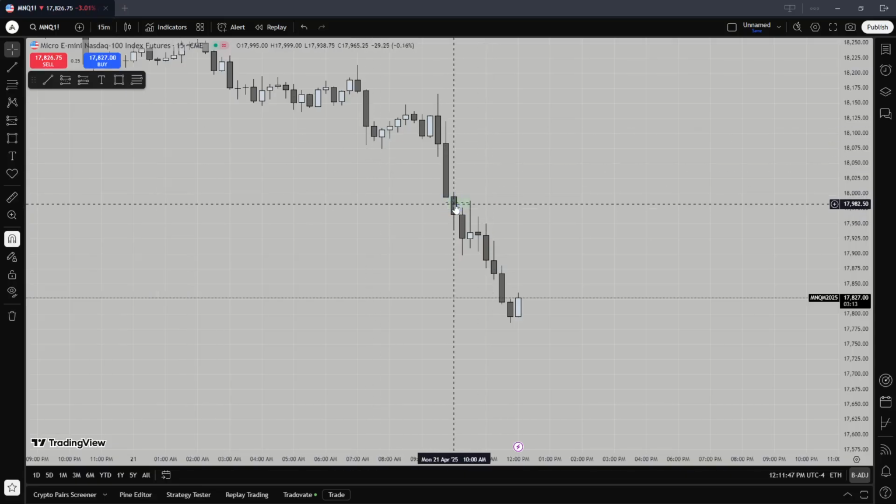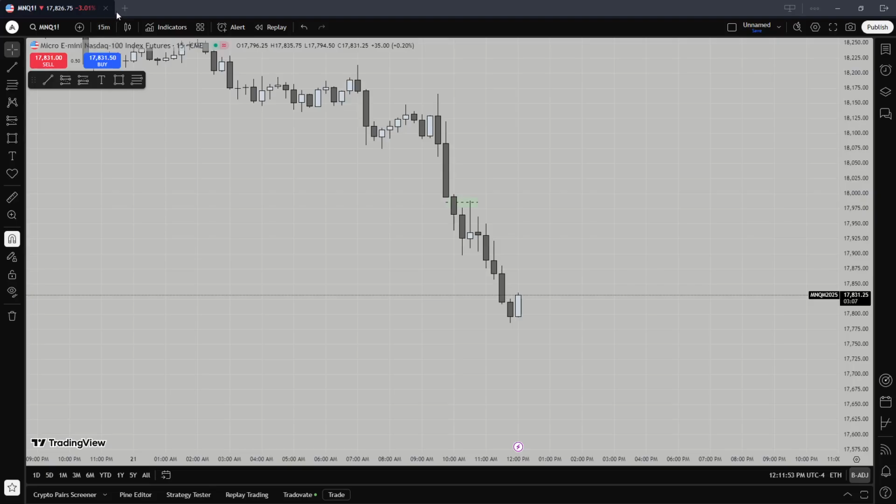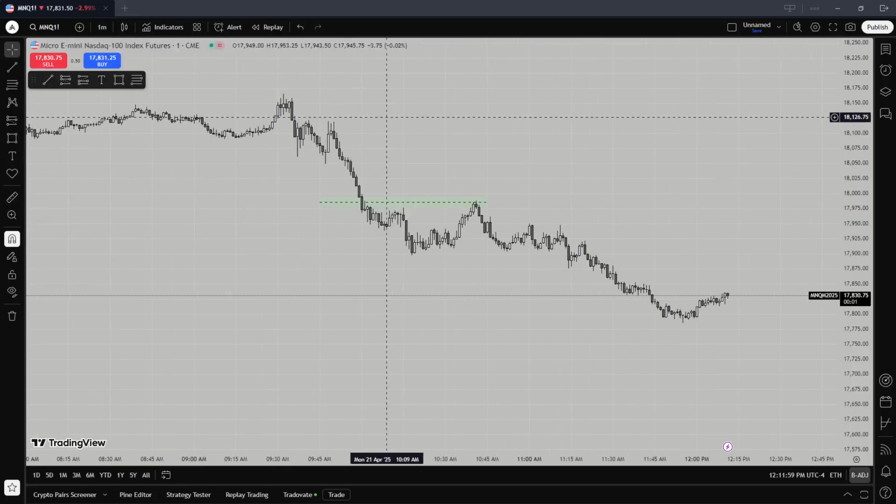So obviously right here, this is the 10 a.m. candle, so I'm looking for some type of manipulation into this fair value gap because that is the one clear 15-minute PD array, obviously up here too, but I don't want it reaching that. So dropping down to the 1 minute,